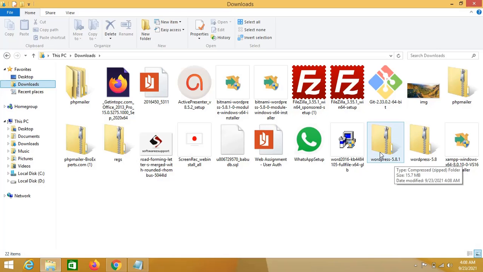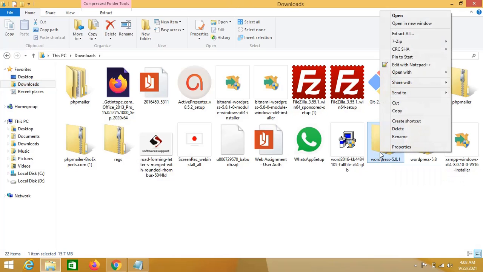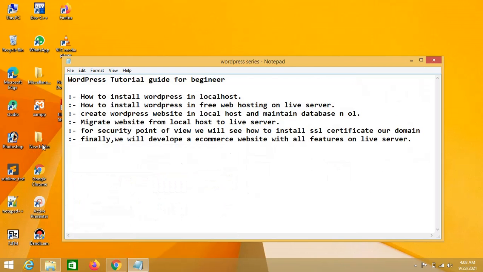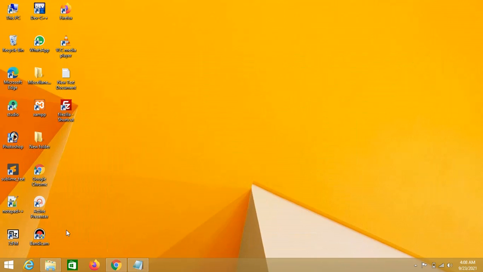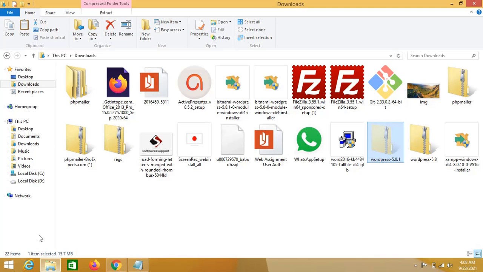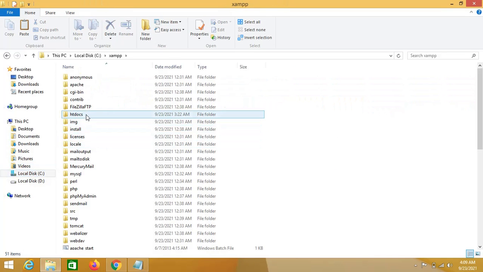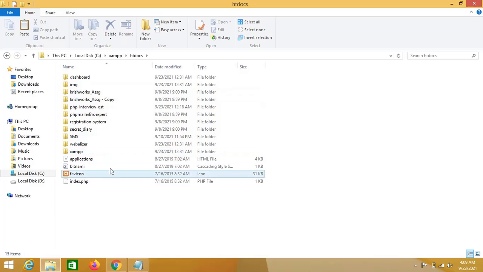Now what I have to do is cut this file and go to the XAMPP server, and inside it htdocs, and paste it.